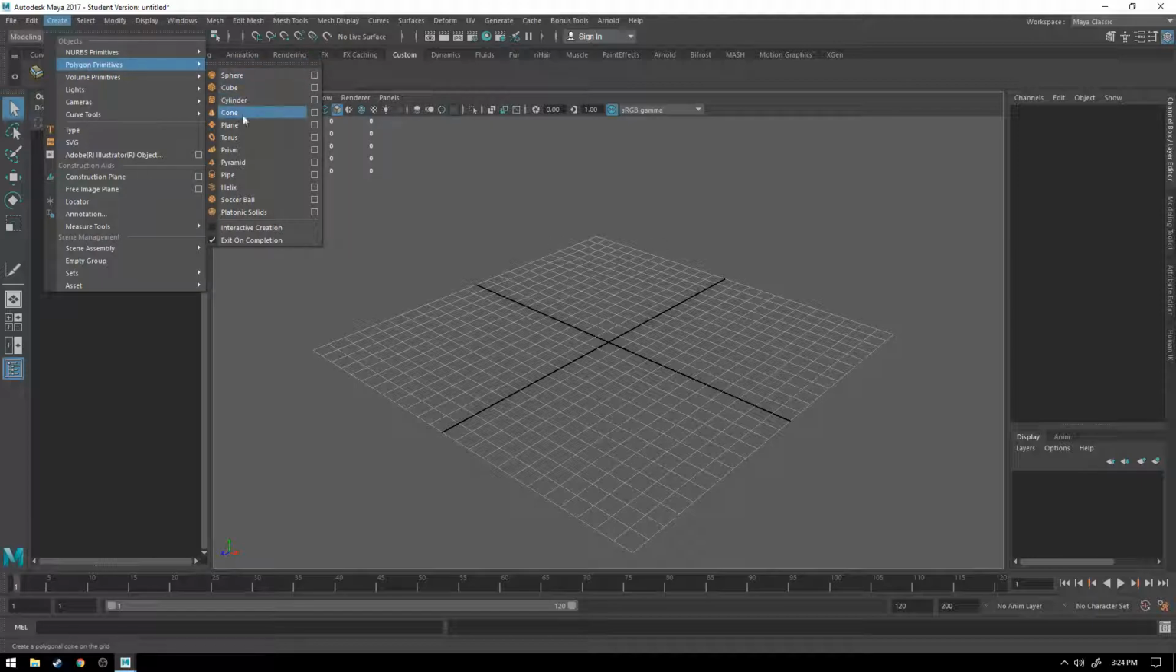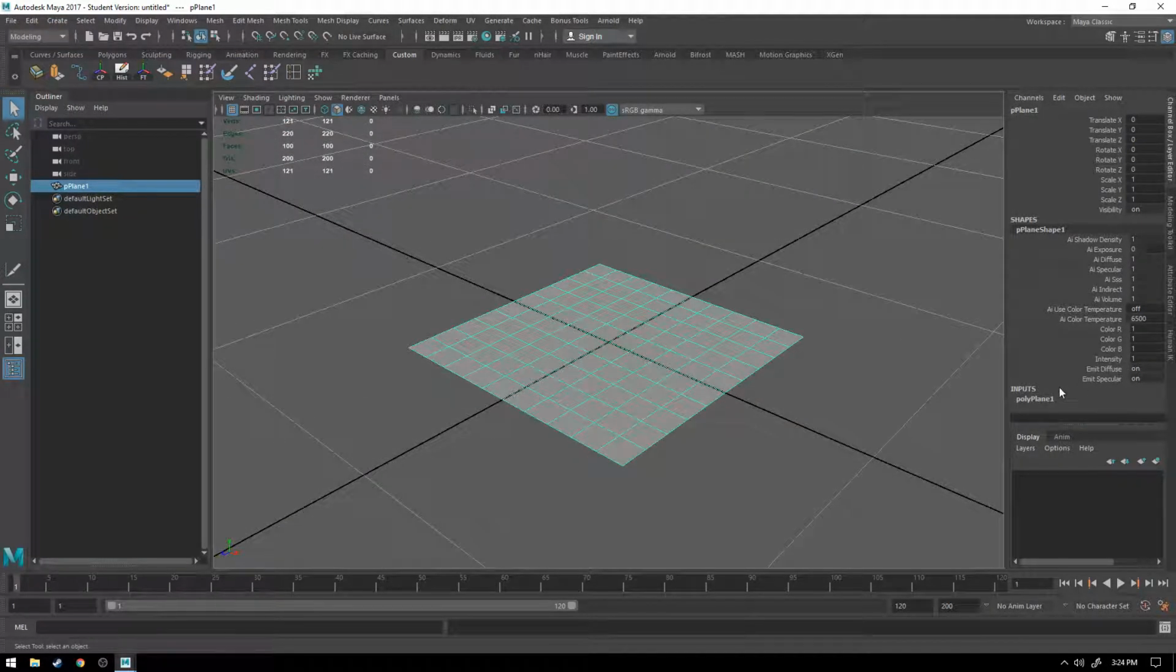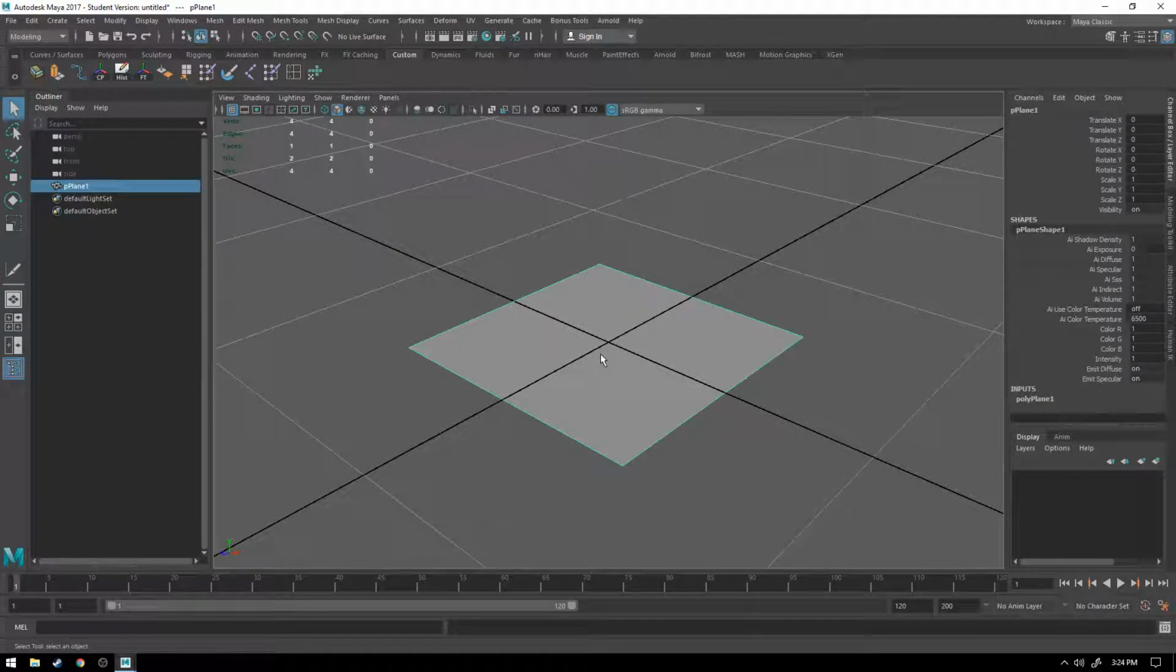So the very first thing I'm going to do is create a polygon plane. I'm going to go over here to the inputs and change the subdivisions to 1 and 1. That makes it so that it's just 1 square instead of 10 squares. Well, 100 squares, since you multiply. So then, what I'm going to do